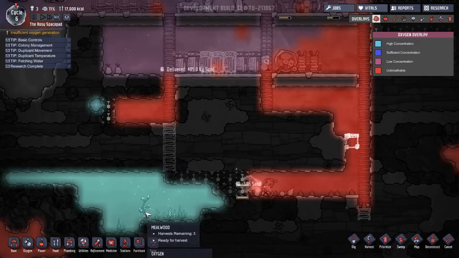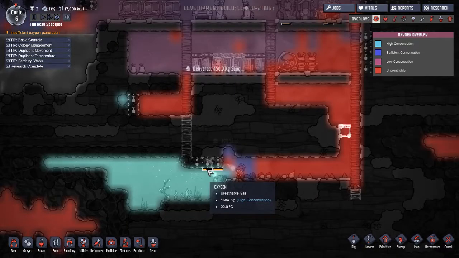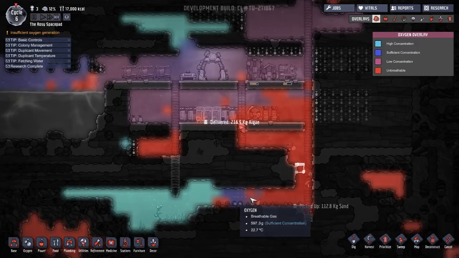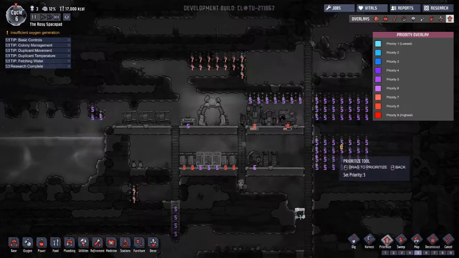Oh, there's millwood there. That is good. We can harvest that. That'll give us a bunch of food and some seeds that we can then use up here. Oh, here we go. We can see this oxygen's diffusing this way. This little dark blue area is where it's... yeah, already you can see that's made a massive difference. And we need to reprioritize. So the next thing we kind of want done